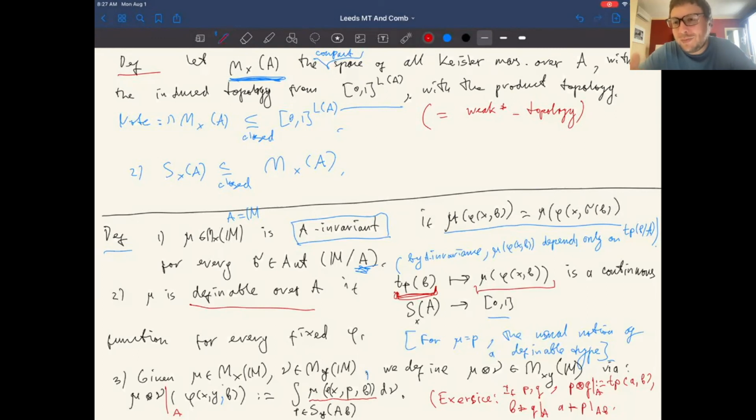Yes. But typically, if your measure is allowed to take a continuum of values, like an infinite set of values, this argument wouldn't work. And in fact, basically any non-trivial example of a measure which is not a type, you will need it to be actually type definable as opposed to just definable. For a concrete example, I can take the one we just did, like Lebesgue measure, and see why there you cannot get definability instead of type definability. Okay, thank you.